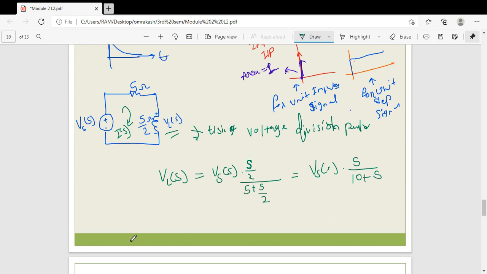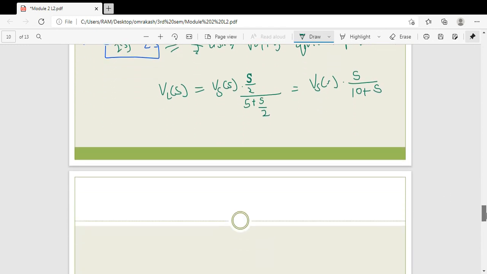Now you have to find this VL. Okay, you have already found this VL. Now use the condition which is given to you. What condition? What is the value of Vs, the source voltage, right? So the first condition is Vs is 10 e to the power of minus t u of t, right? This is your v of t.